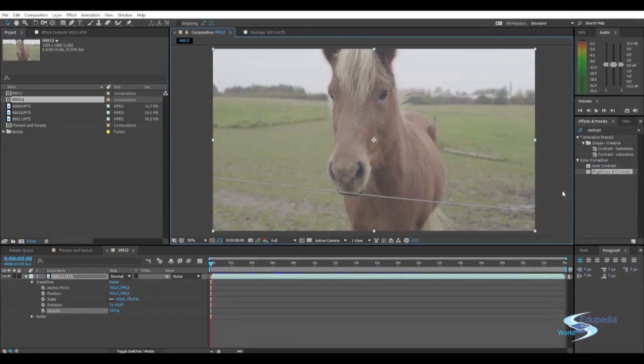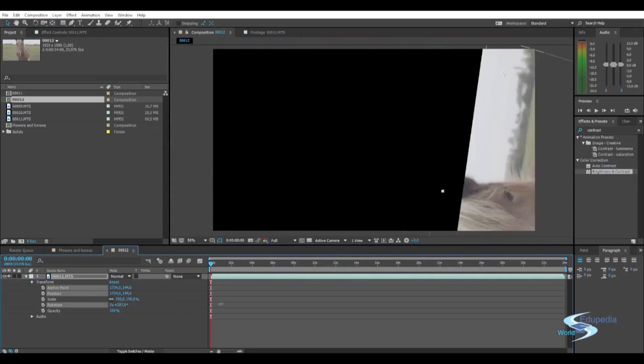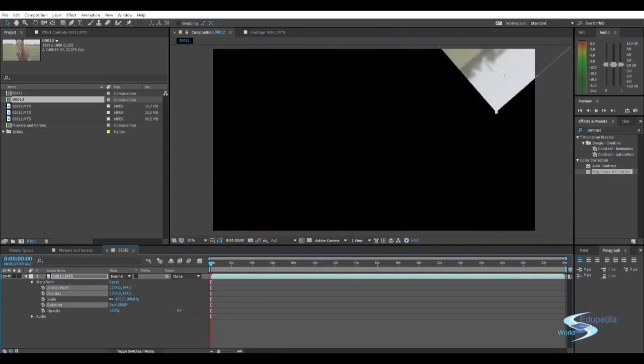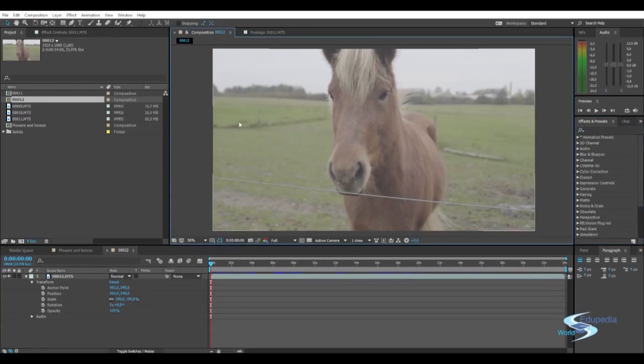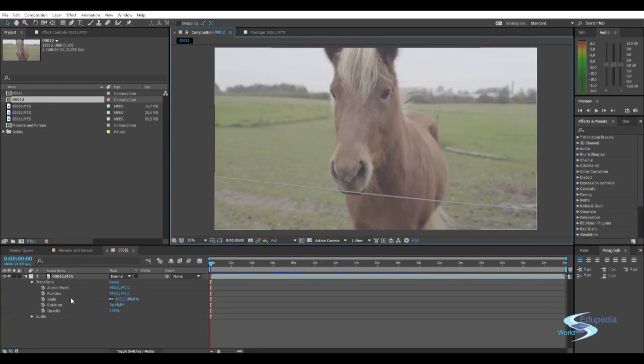And for most cases, having the anchor point in the middle is just what you want. If you're just working with video, then having it in the middle is just fine, unless you want to rotate. If you want to do a rotation like this, where it rotates this way, then it's easier to have it in the corner. Because having the anchor point in the middle and then wanting to do a rotation like that will get very complicated and unnecessarily complicated. So this is just a quick intro